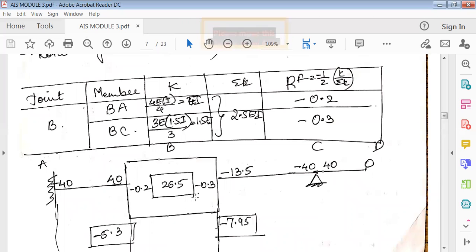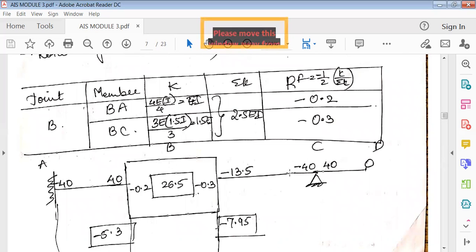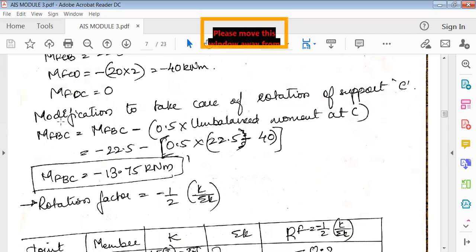Now, when you're finding this rotation contribution, let's see here, you can see A, B, C, D, only B we are going to put this double square. And at joint C, because it is a simple support, that means at CD, from C to D, the CD span is an overhang, so there is no support here. We cannot make this a square. So what we do here is we only put a double square for joint B, and whatever moments exist in C will be transferred to B. We have to make this modification. So that's why we make a modification here.